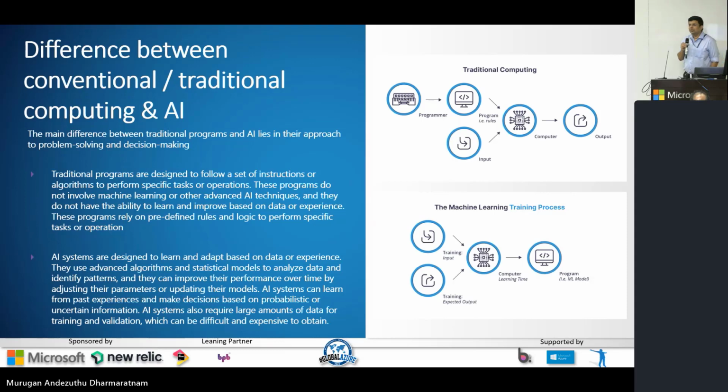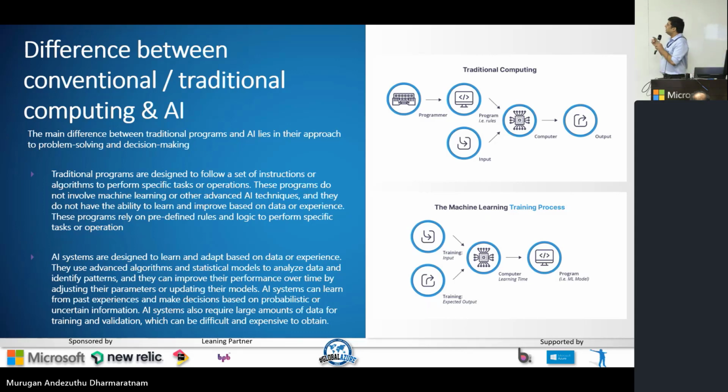In traditional programming, what do you do? You write logic, you have rules, you have input, and you have output, right? And given any input, it is tailored for a particular task, right? If it is as simple as logging into a system, you just log in, the task is completed. Whereas in AI, it is a little bit different, right? In AI, it can learn from experience as well as from data. That is the main difference between AI and traditional computing.